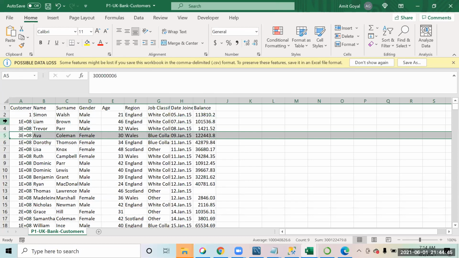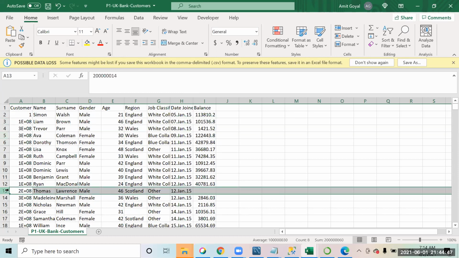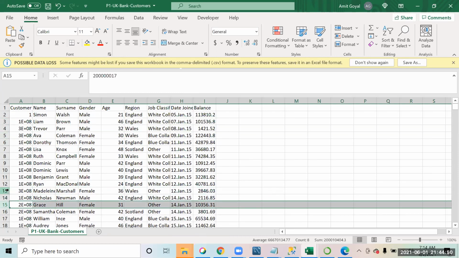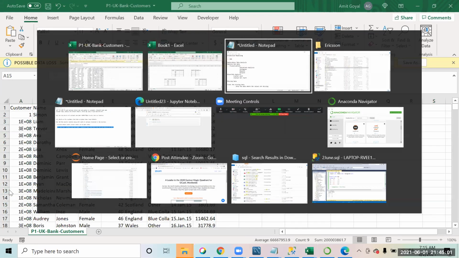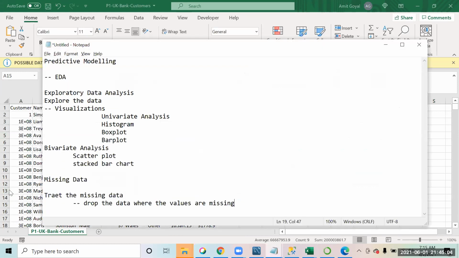This is the easiest and quickest way of treating missing data, but it has a limitation. If you have lots of missing values, you can end up losing a big chunk of your data, maybe 30-40% of it. That is really bad, because you are losing data which you could have used for analysis.